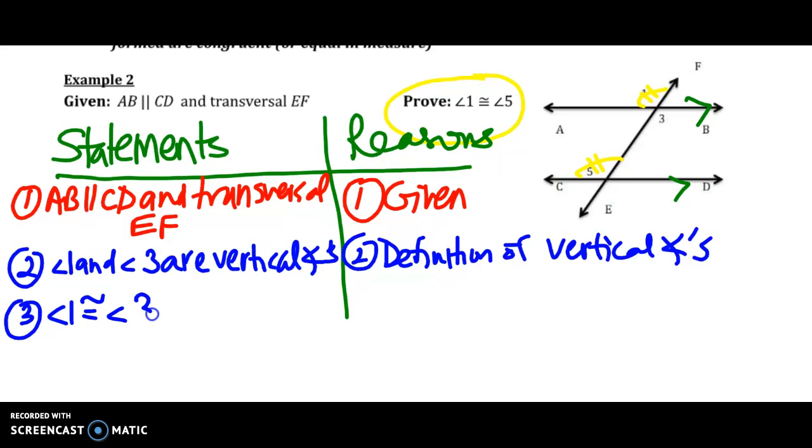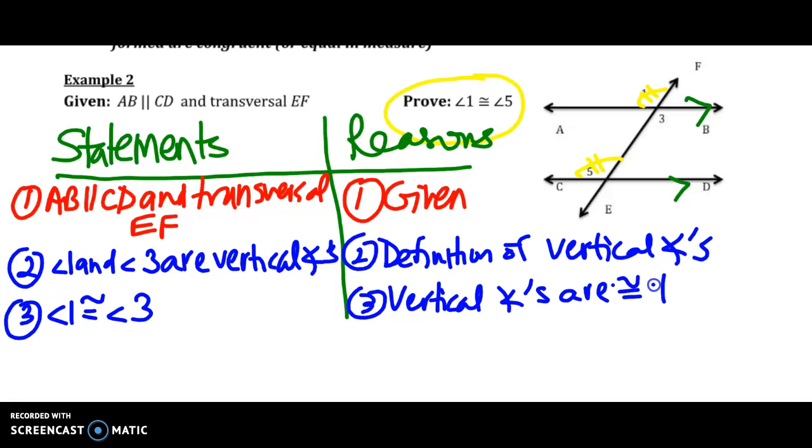Angle 1 is congruent to angle 3. Vertical angles are congruent to each other. Again, that is a package that comes together. Those two statements and reasons come together when we talk about vertical angles, as we discussed in lesson number 6